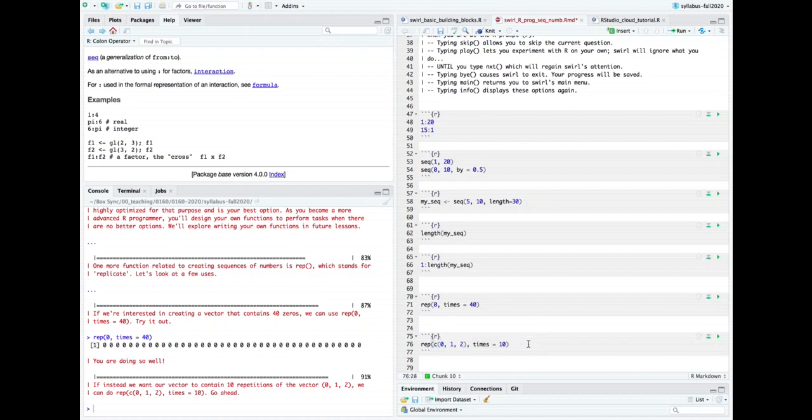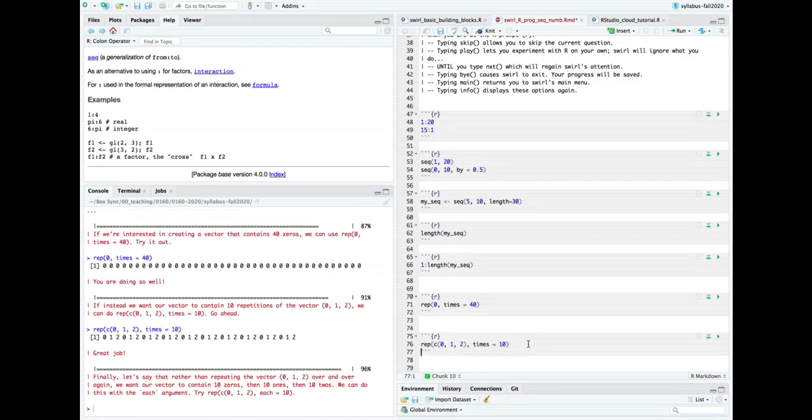times. So pause for a second and try to visualize what this is going to do, or what this might look like, or how long this final object is going to be. Ta-da! What I'm going to do is replicate this vector 10 times. So 0, 1, 2, 0, 1, 2, 0, 1, 2, and so forth. That should be 30